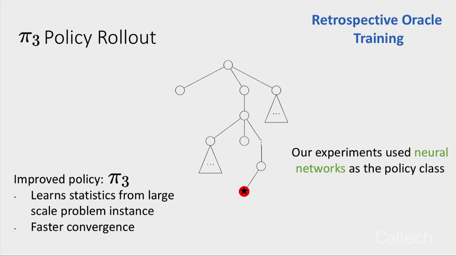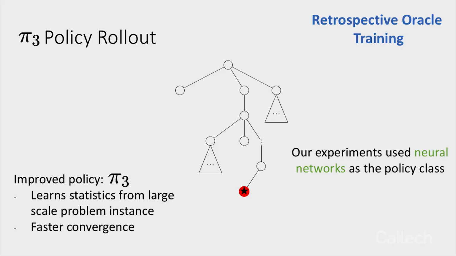It's trying to improve its own performance by exploring the hard instances on its own. So this also belongs to a class of semi-supervised algorithms, where the supervision is only from the easy instances. For some of our experiments, we used a neural network as a policy class. To be more specific, we were looking at ranking networks,